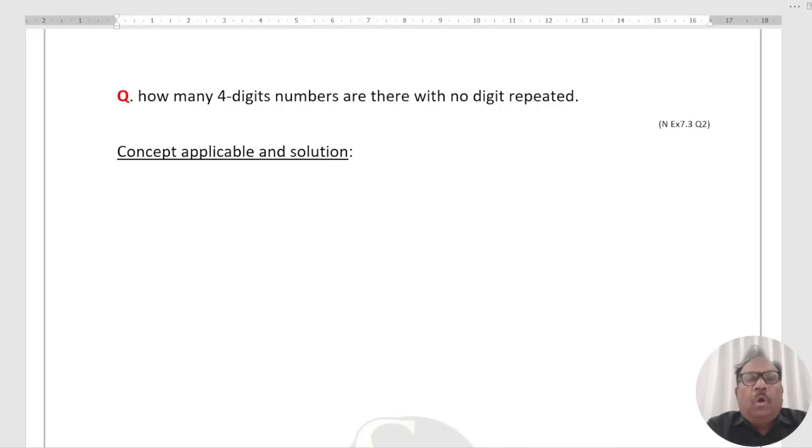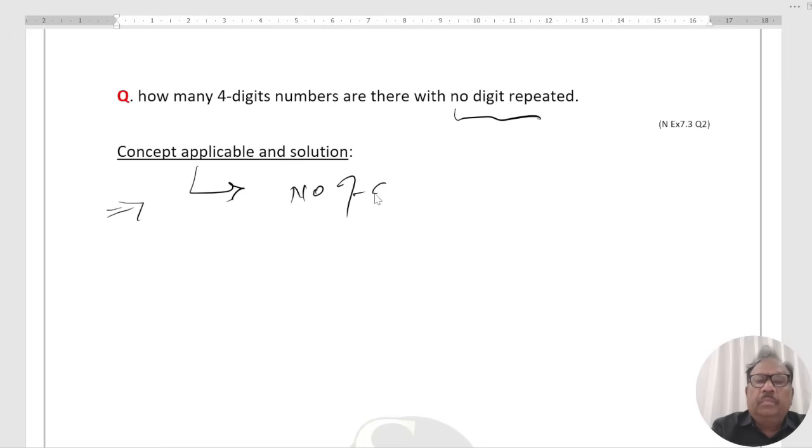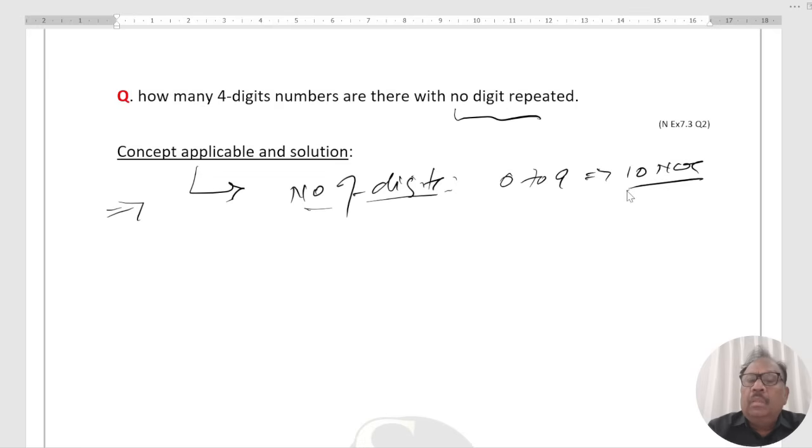The question is, how many 4-digit numbers are there with no digit repeated? No digit repeated. Now, concept applicable in solution. The number of digits is not specifically mentioned, so there will be 0 to 9, that is 10 numbers. To form a 4-digit number,